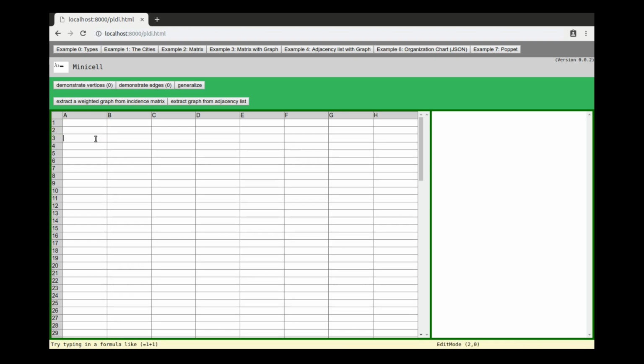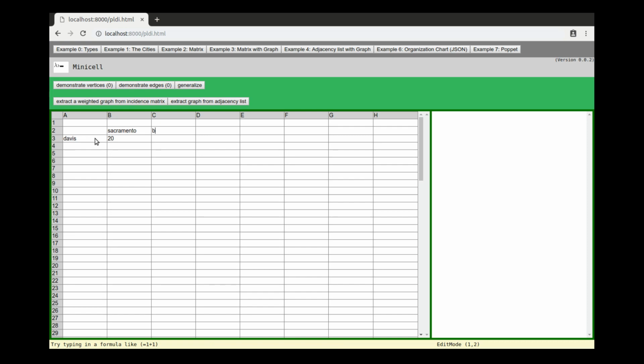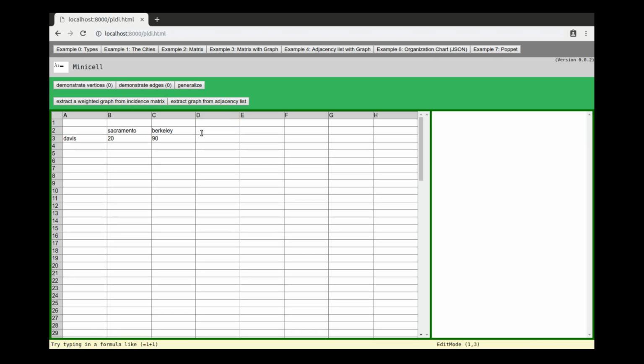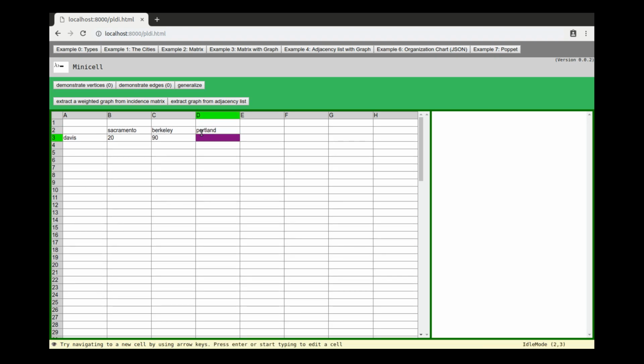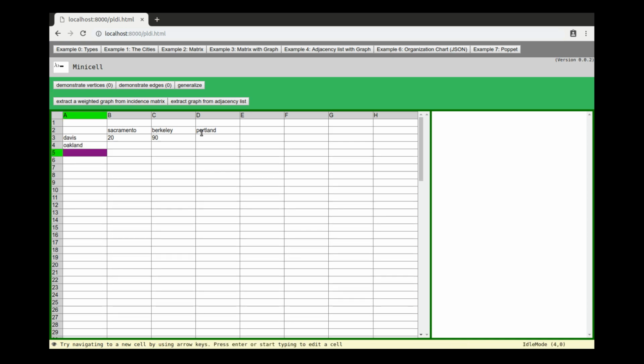I live in Davis, and I have friends who live in Sacramento, which is only 20 minutes from Davis, and Berkeley, which is only 90 minutes from Davis if you take the shuttle. I also have friends who live in Portland, and normally when I want to go to Oakland, I take the shuttle to Berkeley and then go to Oakland. So maybe I want to add Oakland here,